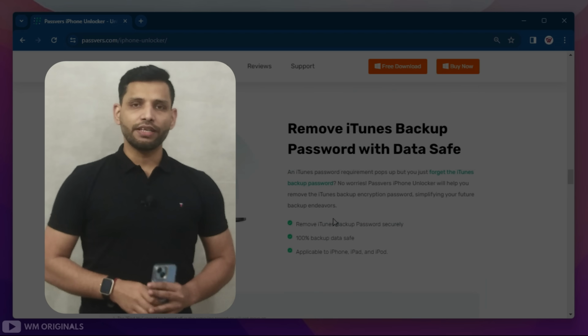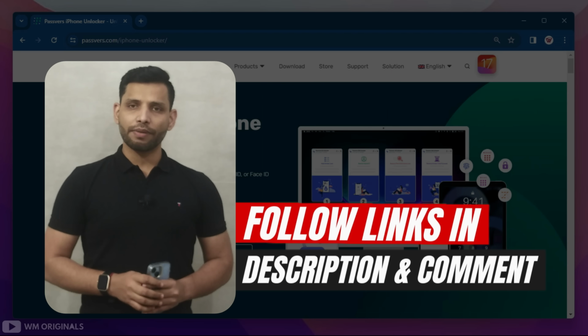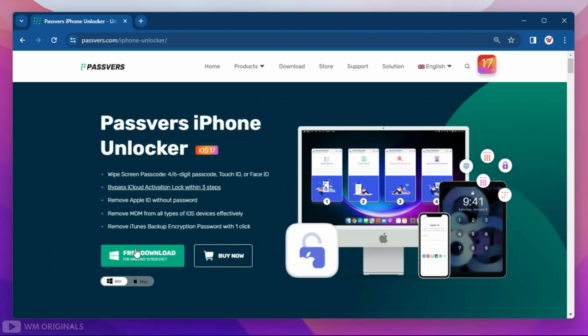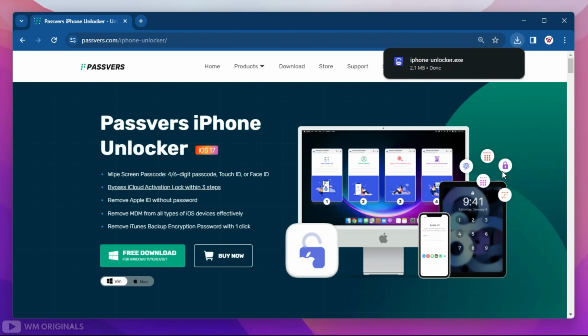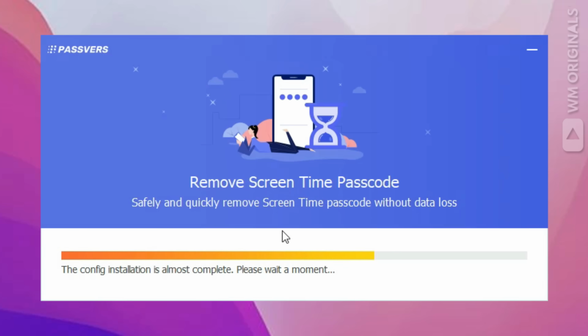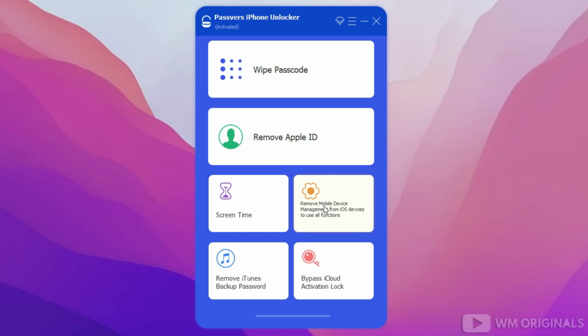Wow, that's insane. Let's give it a try, and for that follow the links in the description and pinned comment to visit the official Passvers iPhone Unlocker website. Now click on Free Download. It starts downloading, and once the Passvers iPhone Unlocker free download completes, click on the downloaded file to start the installation process. Follow the steps to complete the installation, and once done, here we have Passvers iPhone Unlocker with all its